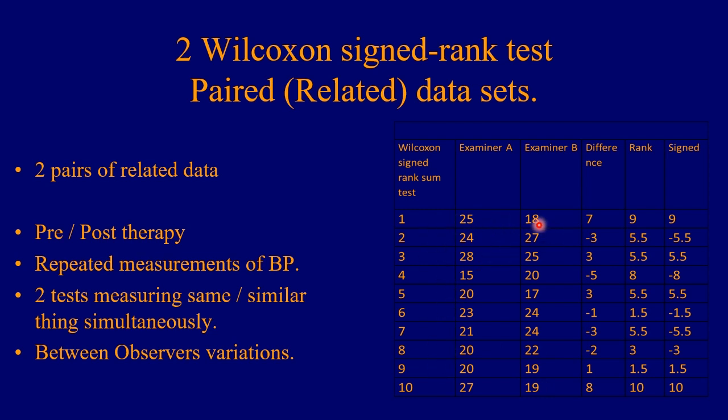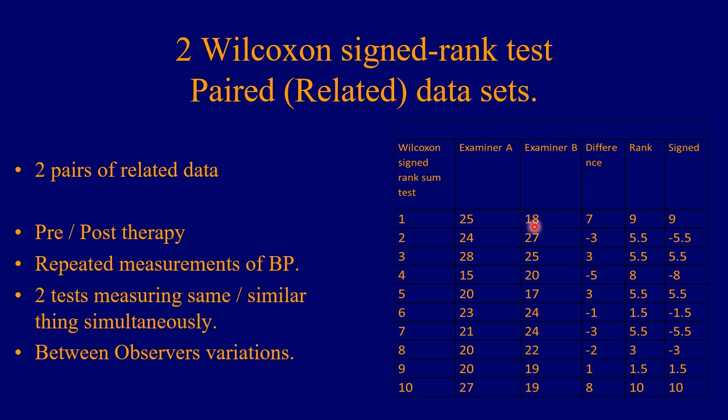Indeed, there is a difference in the way they mark things. Sometimes examiner A would give a better mark than examiner B, and vice versa. In other situations, examiner B gives higher marks, and so on. It goes through the 10 different students. To find out if there is a significant difference, we would want to know how much of a difference